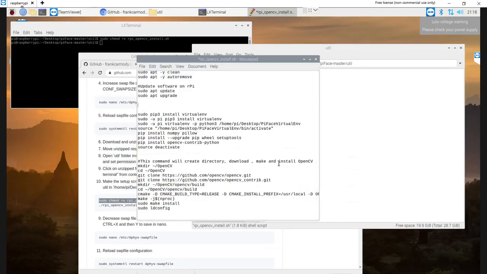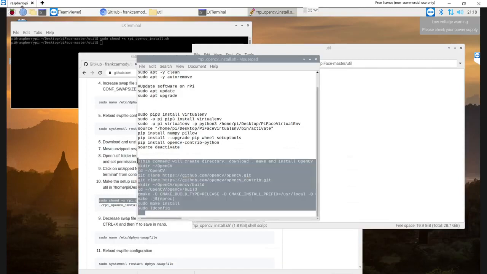With OpenCV, what we're going to need to do is that OpenCV has to be actually compiled on the Raspberry Pi. And the version you're going to download is actually going to be in a different order. So basically, between here and here,